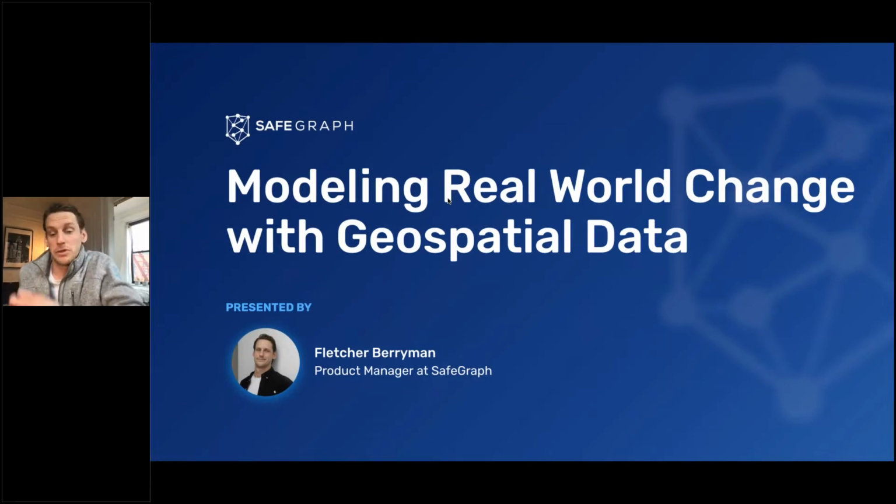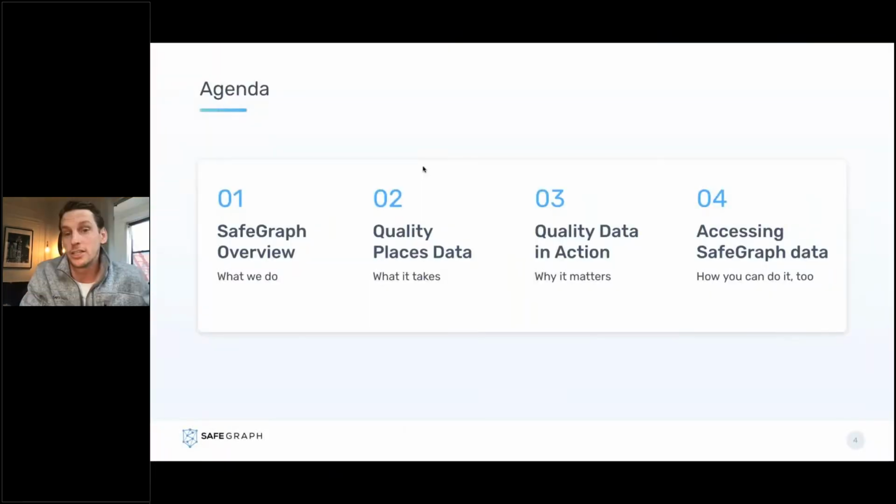So I'll start with a maybe 10 or 20-second intro on myself. I'm Fletcher, as the intro mentioned. I'm a PM at SafeGraph, and within SafeGraph, I'm specifically on the Places team. We have other teams focused on some of the other types of spatial data that we provide, which you'll find